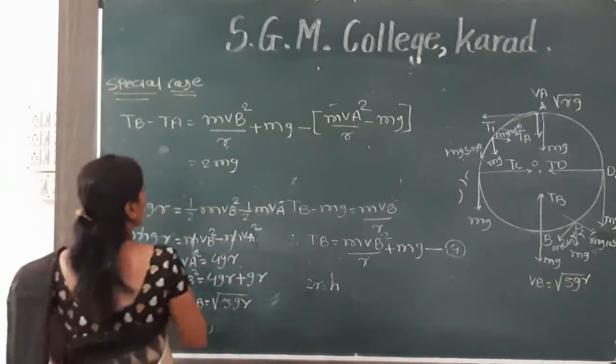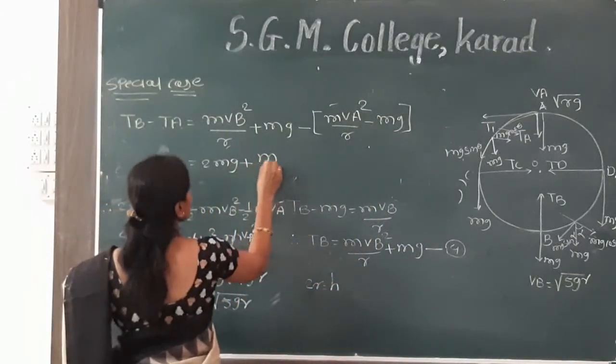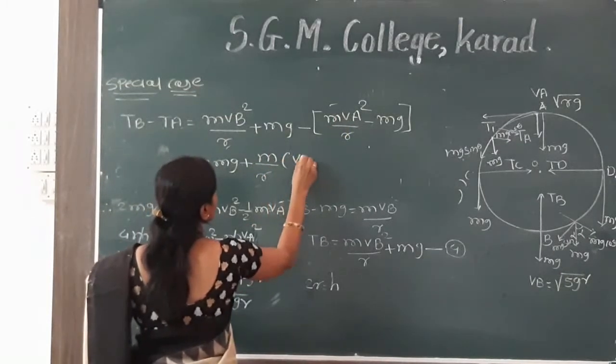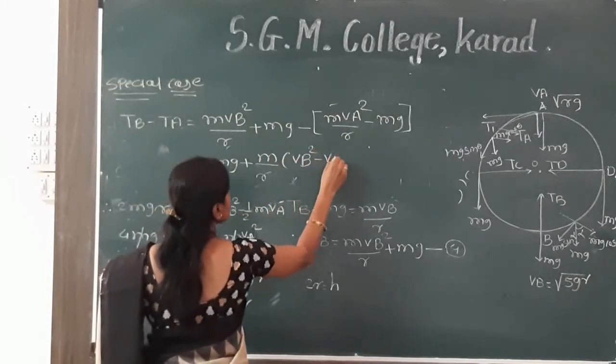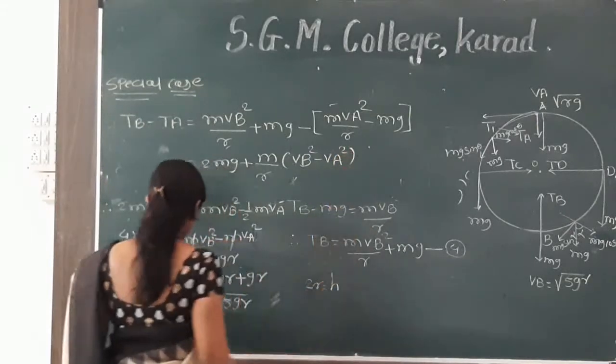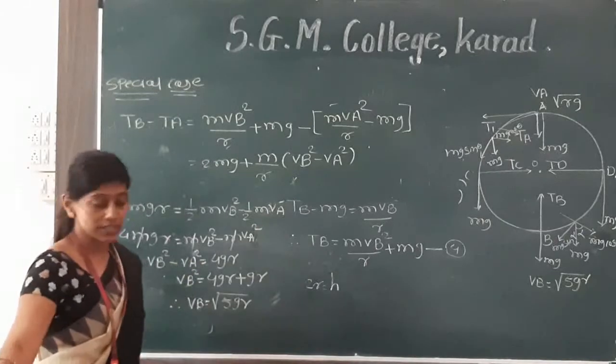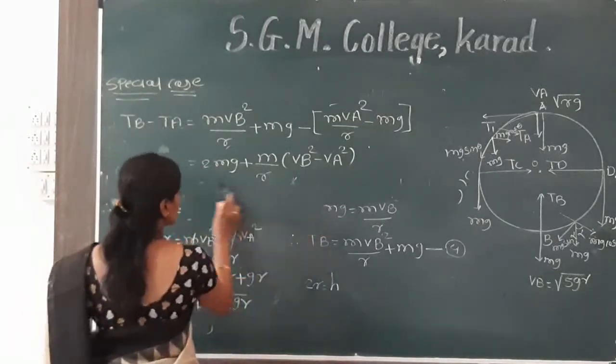Plus sign will remain as it is. So here we will get m upon r, both are common. What is left in that bracket? Vb square minus Va square. Already we found the value of Vb square minus Va square. By putting this value in the equation, we will get